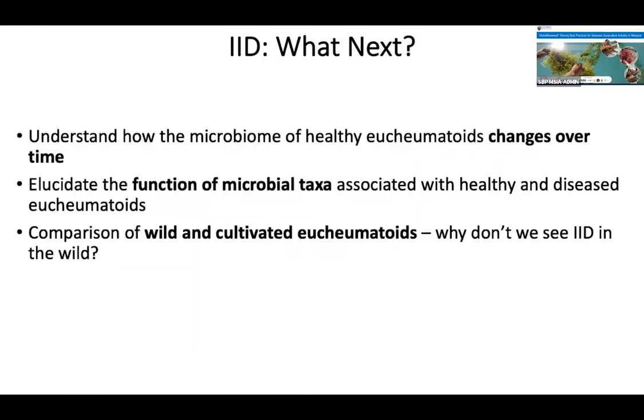We can see from the data that there are differences in prokaryote and eukaryote microbial communities, not only between healthy and ice-ice diseased tissues, but also between time points during our Sentinel farm sampling. Now, this is really interesting, and it's clear that understanding these communities and how they change over time in a healthy eucheumatoid system without disease will be important, because it will help us to establish not only the significance of the findings here, but also at what point taxa which may be linked to disease signs will start to become